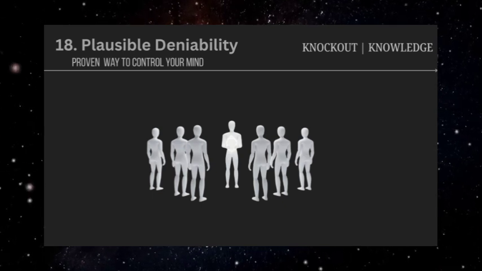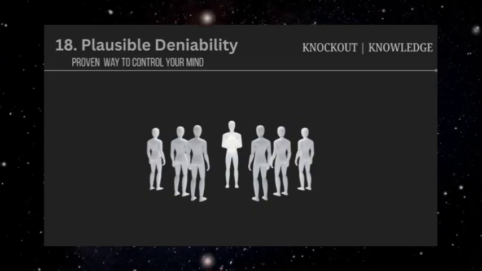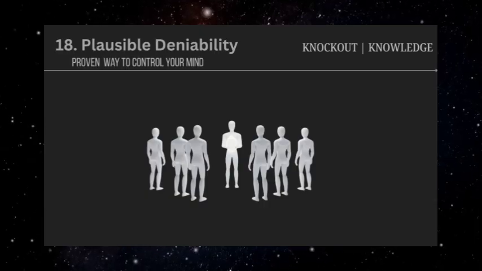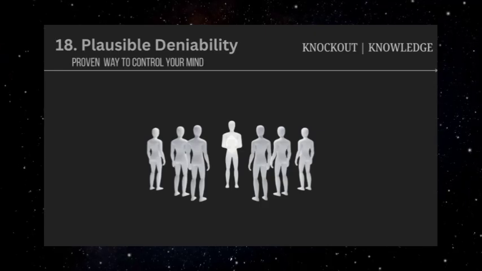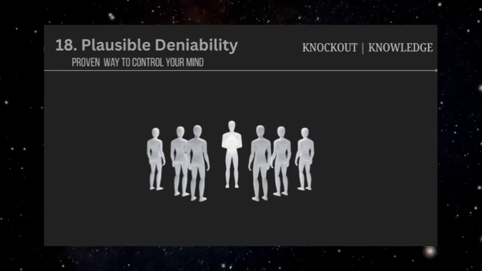Financial and business manipulation often relies on plausible deniability through complex structures, vague language, or technical loopholes that allow harmful practices while maintaining legal protection. Contracts, agreements, or policies are written in ways that can be interpreted to benefit the manipulator while giving them grounds to deny any intent to deceive or harm.